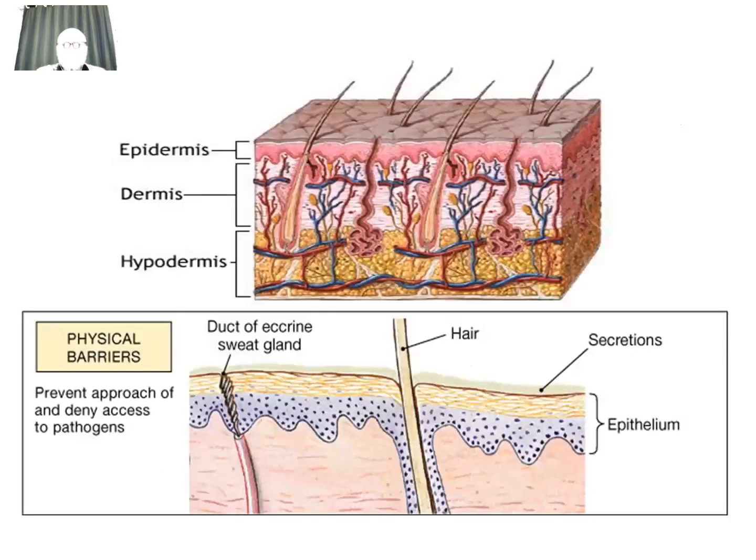So this is the defense mechanism of the skin. You have to understand the dermis, the hypodermis, and the epidermis. All those are the areas where it is affected. You can see the blood supply, the hair, the ducts of the sweat glands, the hair, and the skin. It is very hard, so it is a physical barrier of our body, and it is always affected by topical and fungal infections.